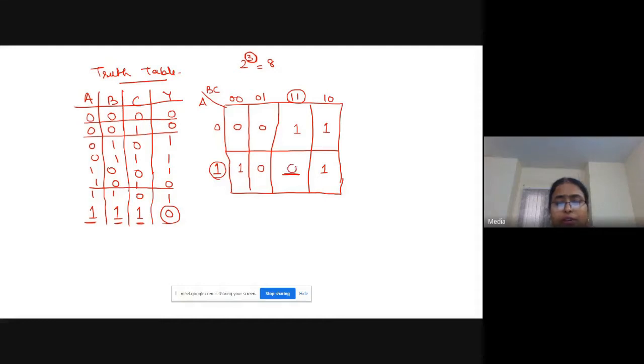Then 0 will come here, 1 will not come here. 0 is given here, so 0 will come here. Clear? So I am putting the values of Y in these cells of the K map. Is it clear? Should I repeat it?